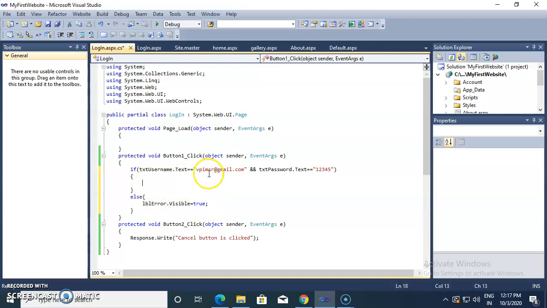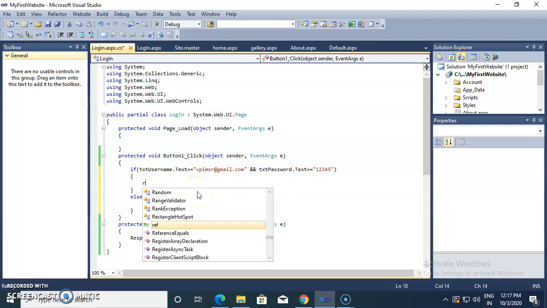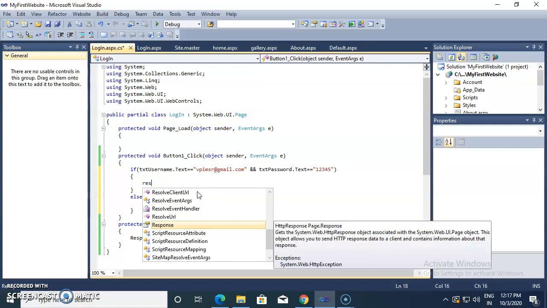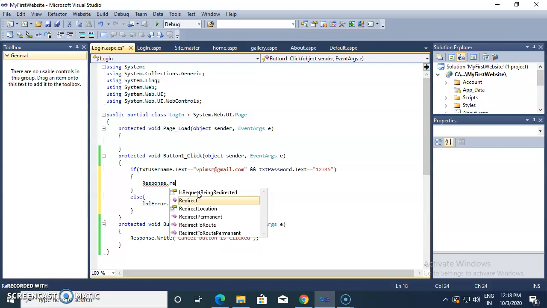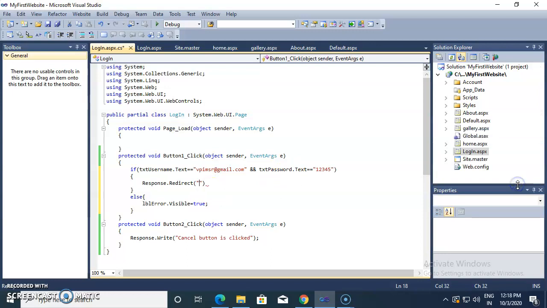Now if the username and password are correctly given by the user like this, then we go towards the home page. To go from one page to another page, use the method Response.Redirect, and inside that you need to give the page name on which page you want to redirect.